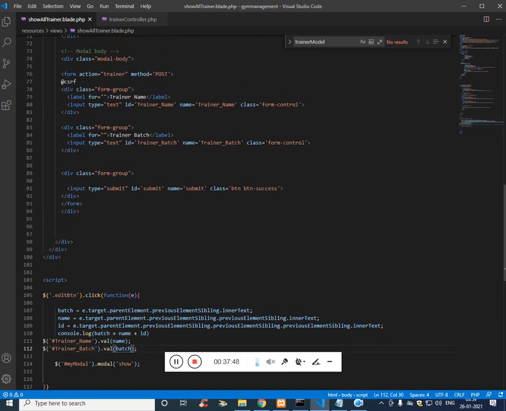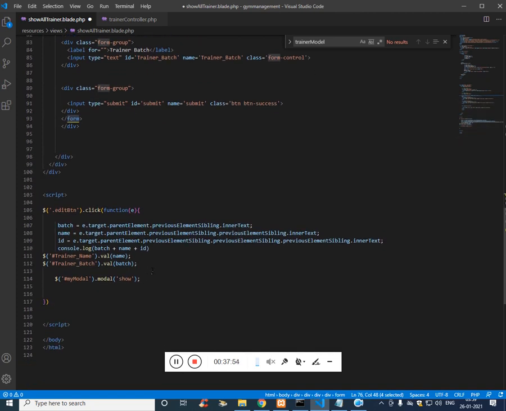We'll use the id, dollar dot attribute, and then we have to choose the action. We'll use it in a minute, and then we have to use the method as well.